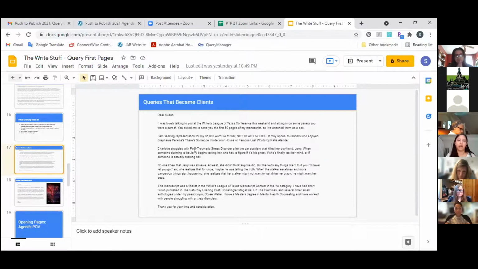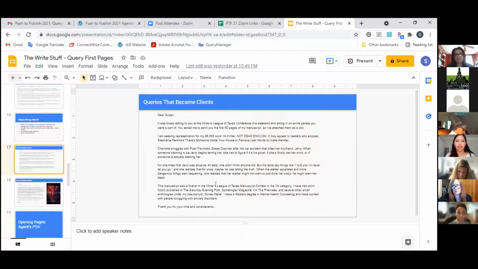She has post-traumatic stress disorder from a car accident. And then her hook line is that someone pretending to be her boyfriend is texting her, and she has no idea if it's his ghost, if she's having a nervous breakdown, or if it's someone actually stalking her. And then here's an interesting conflict in the story: no one knew that this boyfriend was abusive. That lends an interesting layer to this character because she has a secret that she thought was a secret and someone knows it. Now there's this question of who is this person who knows this very dark secret of hers, and why are they using it against her? What's the purpose of that? So that's a hook that leaves me wanting more.